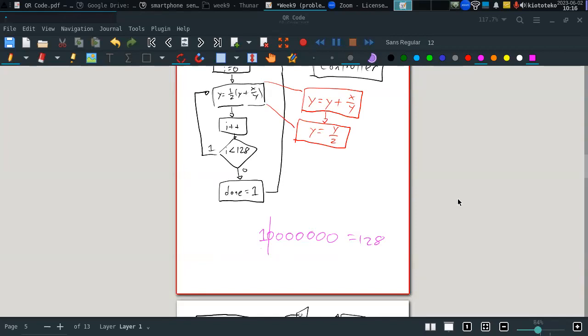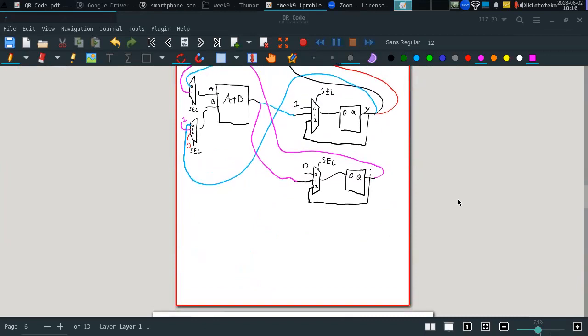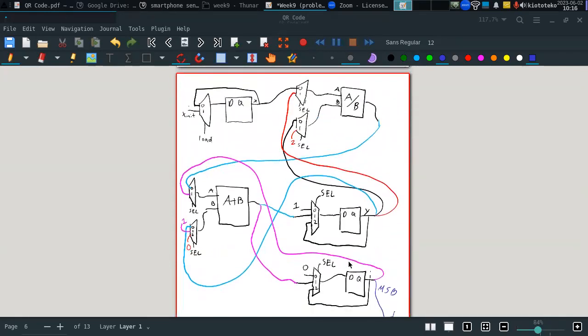We just need to check that most significant bit if it's a 0 or 1, and if it's a 1, that's just a signal that connects to our controller, no? So how would we do it here? Well, here we just take the most significant bit, and this is connected to our done signal, and it's connected to the controller, no? We don't need to really put any special logic here. We just take the line and connect it to our controller, no? So this will be our circuit for the